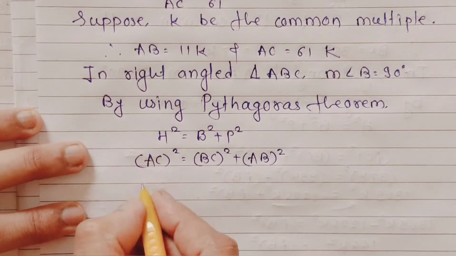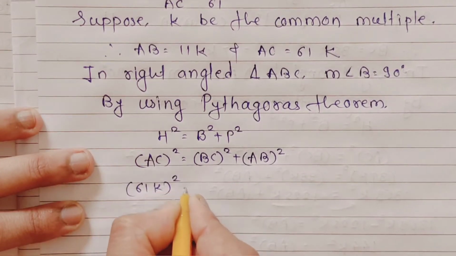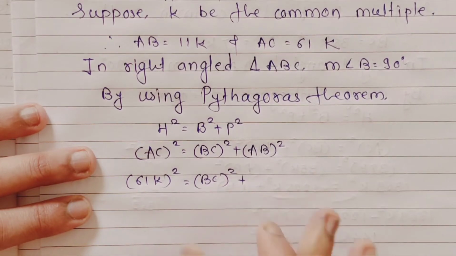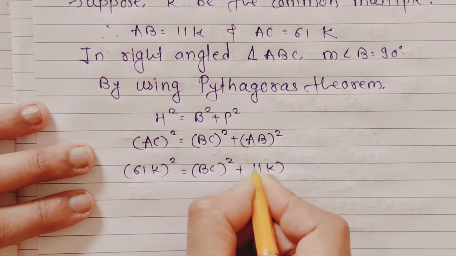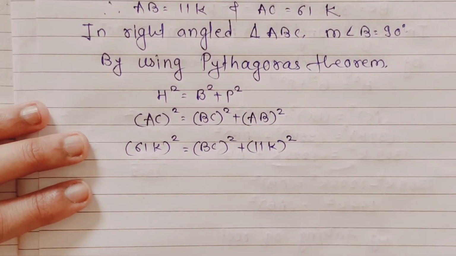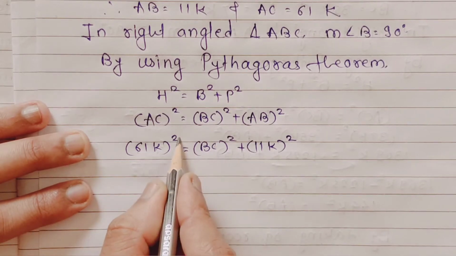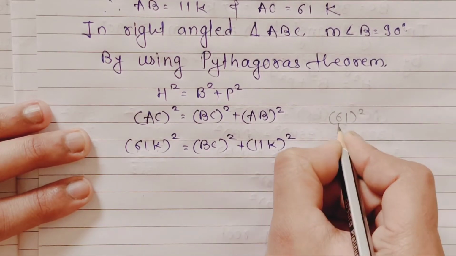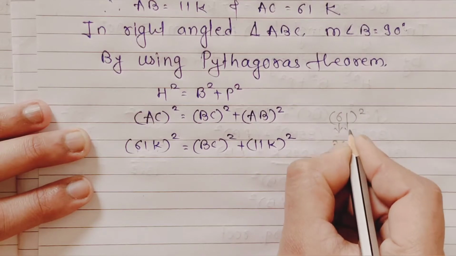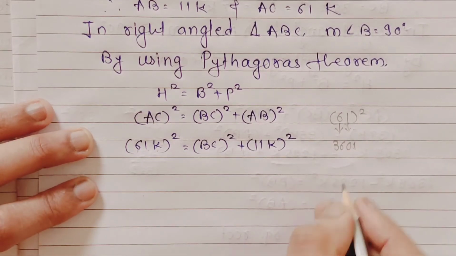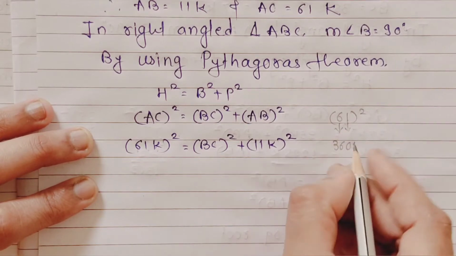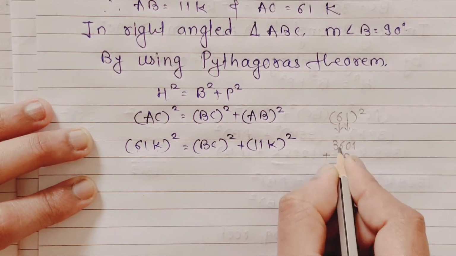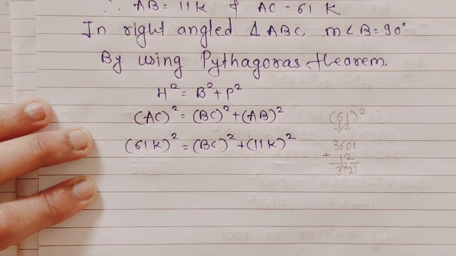AC square, that means 61K bracket square, is equal to BC square, as it is, we have to find out the length of BC, plus AB square. It is 11K, that means 11K bracket square. Is it clear? So first, 61K bracket square. The square of 61 we find by a short trick. 61 bracket square. So 6 square we know that 36. 1 square is 01, to be taken in 2 digits. Then multiplication 6 1 6, 6 2 5. Drop 1 digit and this multiplication will be added. Then addition 1 2 7 and 3. Is it clear? So square is